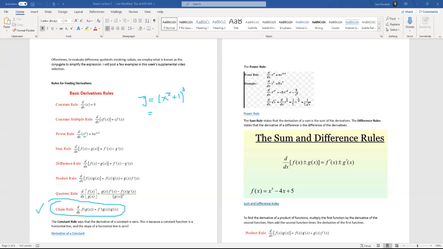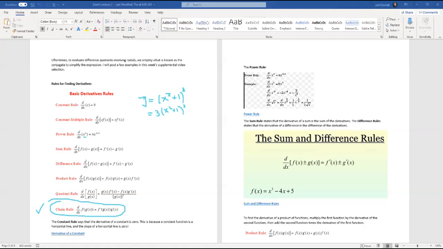If I take the derivative of this, I'm going to say 3, which is the exponent, multiply that by x squared plus 1, and then raise that to the power of 2. I got that from subtracting 1 from the 3. So that looks a lot like the power rule, but we're not done,